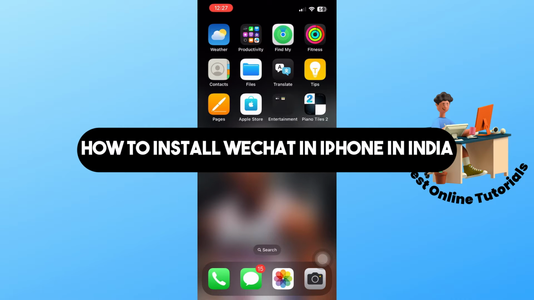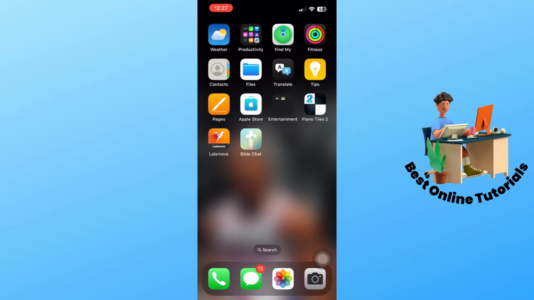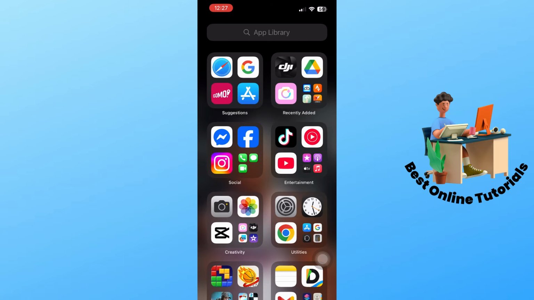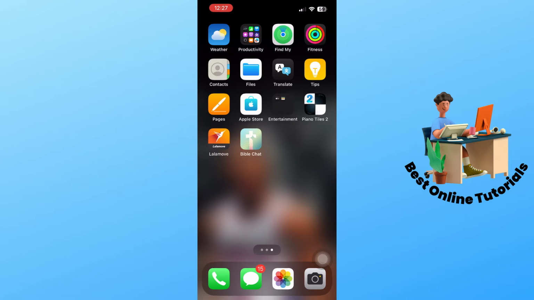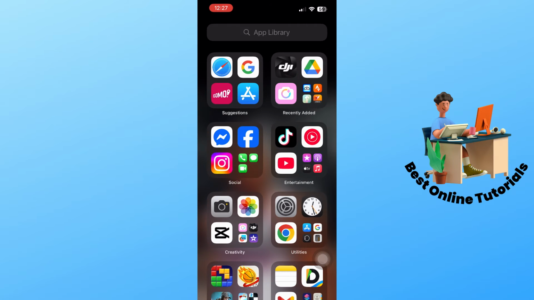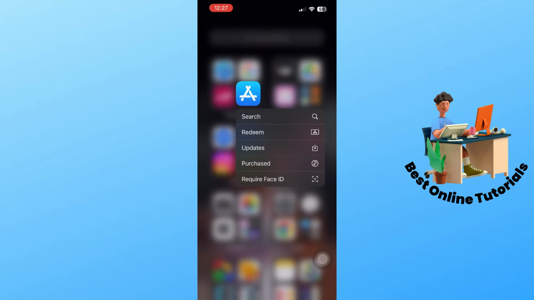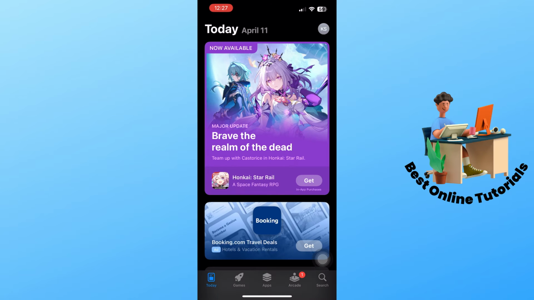This is how to install WeChat on iPhone in India. So first thing what you will do is open up the App Store on your iPhone. And now once you have opened it up, guys, just simply select the search icon on the bottom right corner